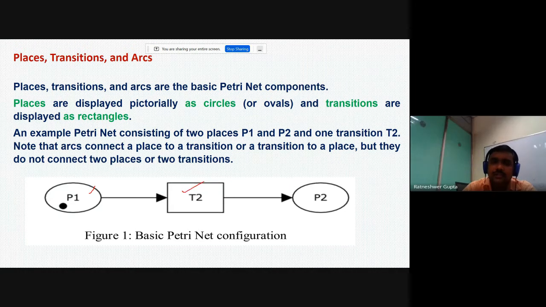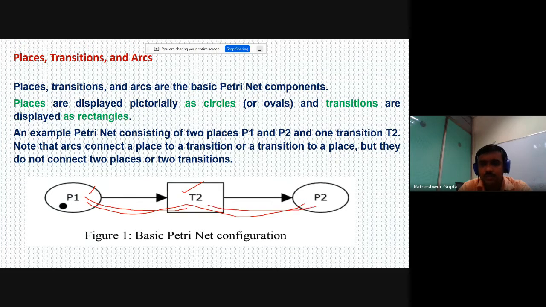We cannot draw a relationship directly between two resources or two activities. The connection goes from resources to a transition, then from the transition to other resources. If we have sufficient resources, then this activity will happen; otherwise, this activity will not happen. The Petri net itself is a very big topic. I am just giving you a very brief introduction so that you can get a very basic idea of a Petri net.